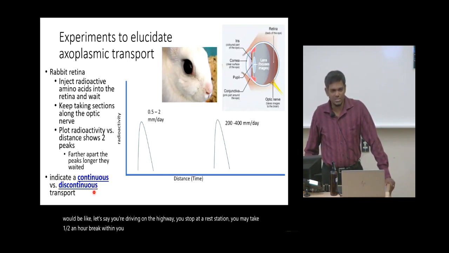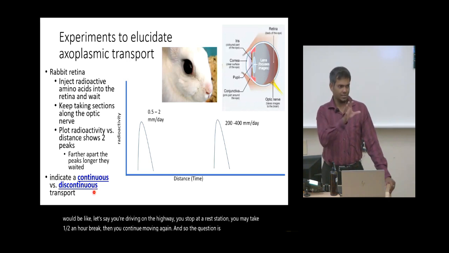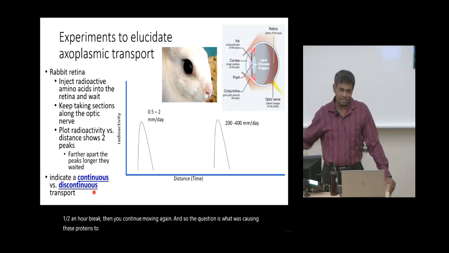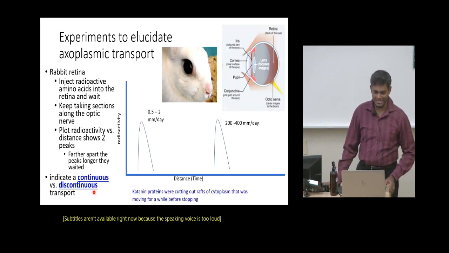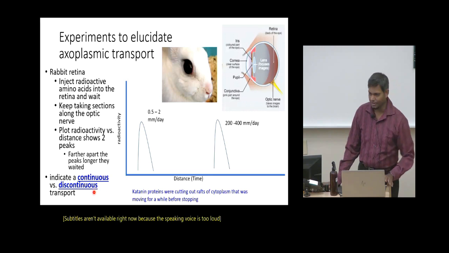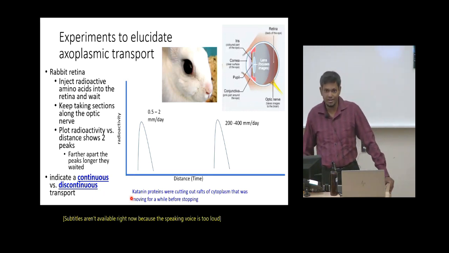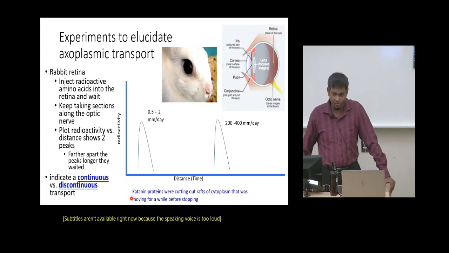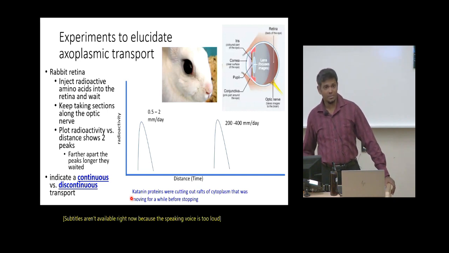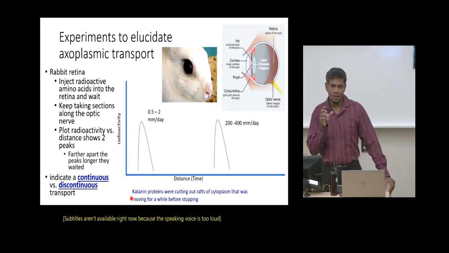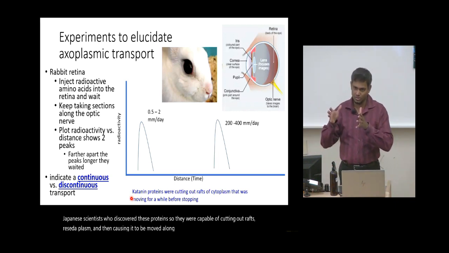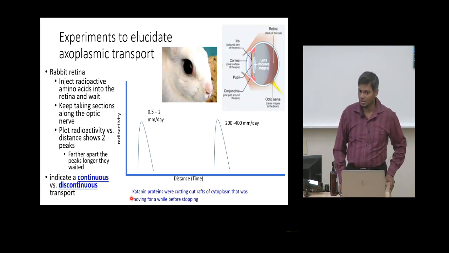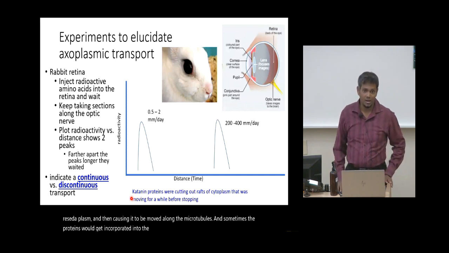And so the question is, what was causing these proteins to take a break in between, rather than just moving along the highway? They found that there were these proteins known as catenin proteins, named after katana, the samurai sword, and these were Japanese scientists who discovered these proteins. They were capable of cutting out rafts of the cytoplasm and causing it to be moved along the microtubules, and sometimes the proteins would get incorporated into the cytoplasm, and that's why it would be thought to be